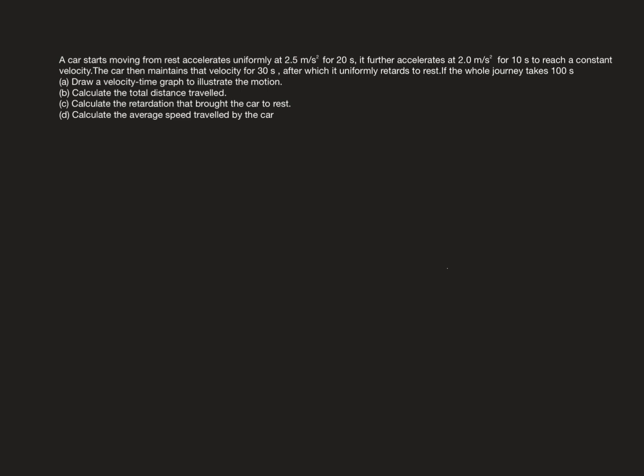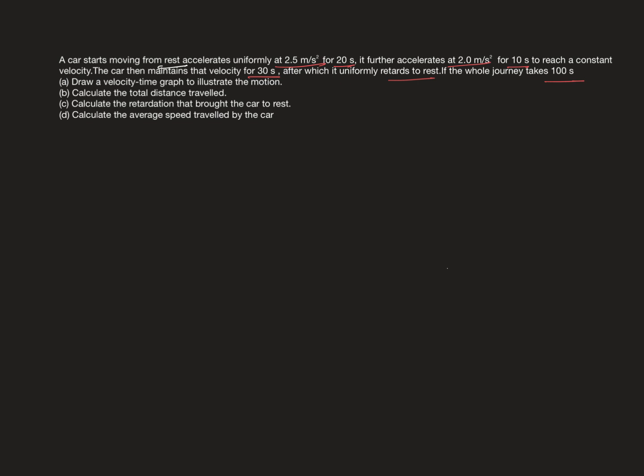Okay, we have a problem here. It states a car starts moving from rest, accelerates uniformly at 2.5 meters per second squared for 20 seconds. It further accelerates at 2.0 meters per second squared for 10 seconds to reach a constant velocity. The car then maintains the velocity for 30 seconds, after which it uniformly retards to rest. If the whole journey takes 100 seconds,